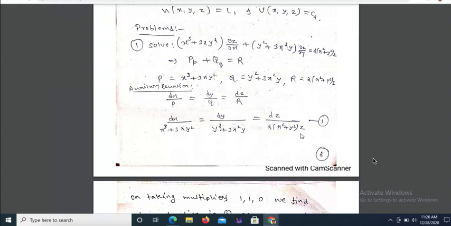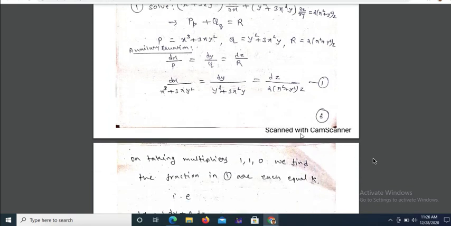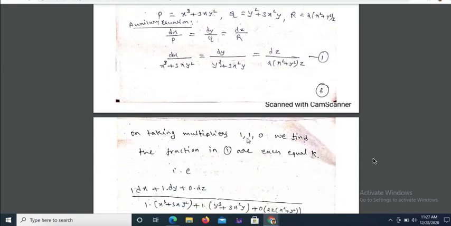So that's the reason. If such cases happen, you go for the multipliers method. Sometimes they may mention in the exam which multipliers you have to choose. If they are not mentioned, you have to practice. It depends on practice. You can take any multipliers with which we can separate it easily. Now I have taken the multipliers l, m, n values as 1, 1, 0. I simply chose 1, 1, 0 myself as the multipliers for this.